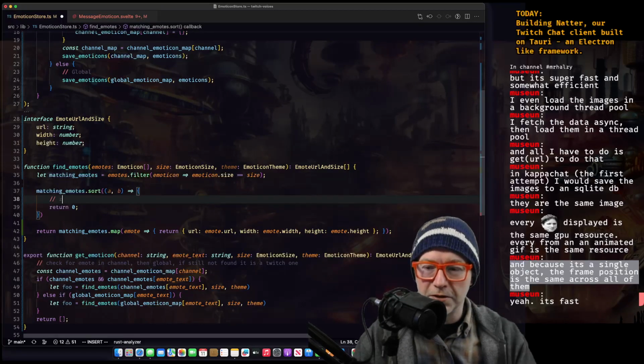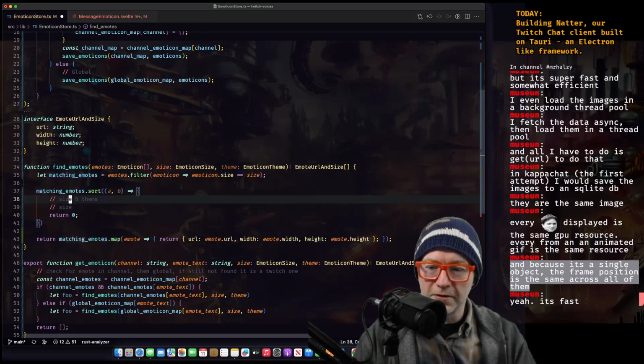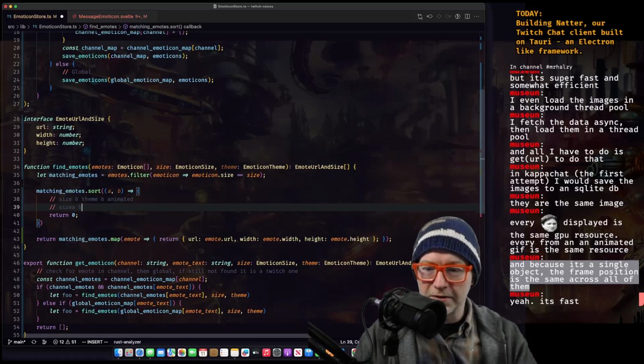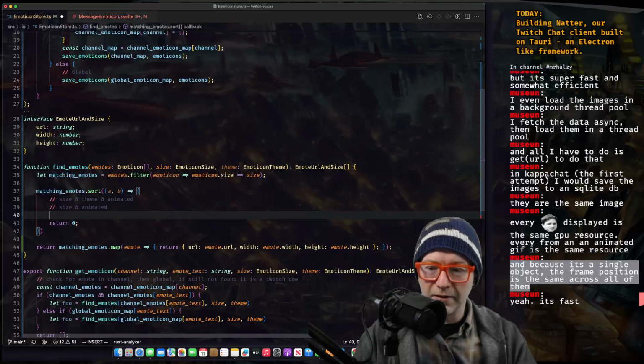Oh, because we do size and theme, and then size. But what about animations? Size, theme, and animated go first, size and animated go second, and then just size.